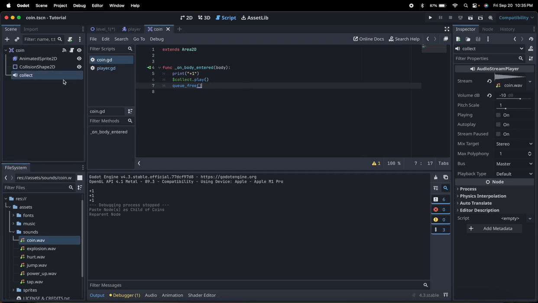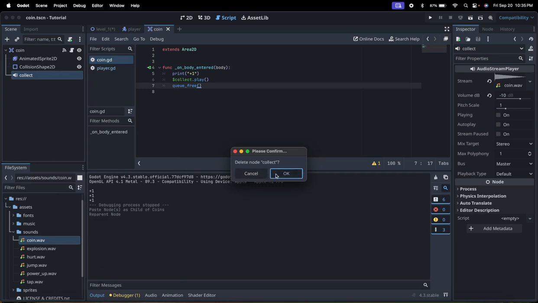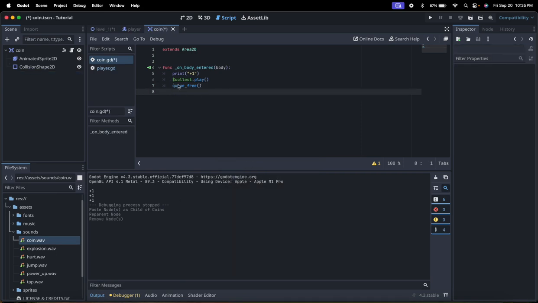Under the coin itself, we can now delete this sound because it's being used elsewhere. And this collect call now actually won't work because collect no longer exists as a child of this node. But if we do, after the $, quotations and then .. and then quotations again after collect, that will now call up to the parent and then down to collect, which